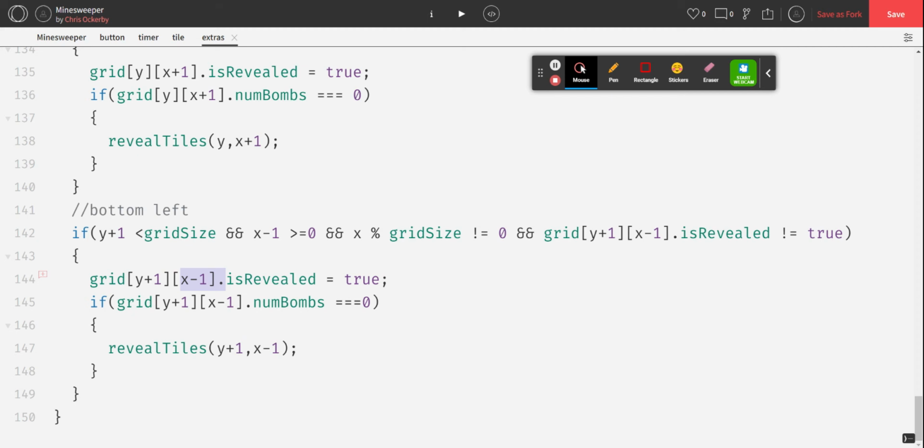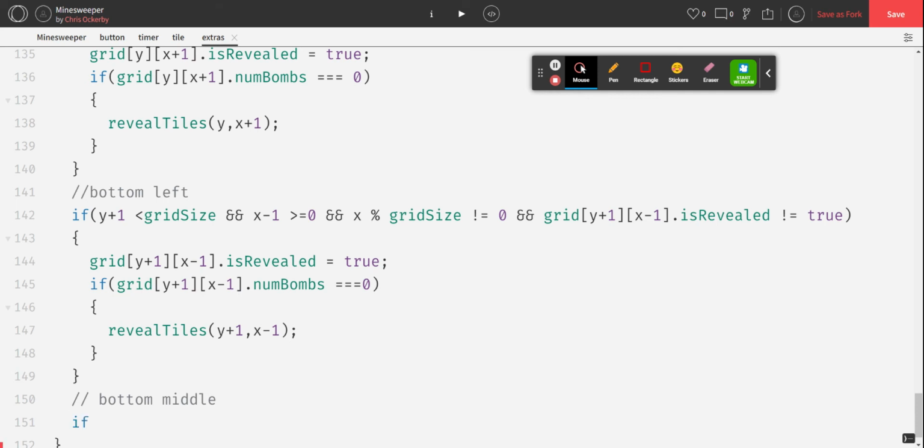So we're just repeating. So there's the bottom left. So we've now got bottom middle next. Only got 2 to go. We're going pretty good. Bottom middle is one of the quicker ones because we only need to check one bit. Y is going to be +1, is less than grid size. And because we don't need to check the x, because x is just x, grid y +1 x